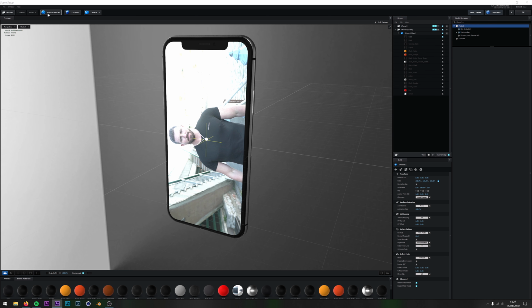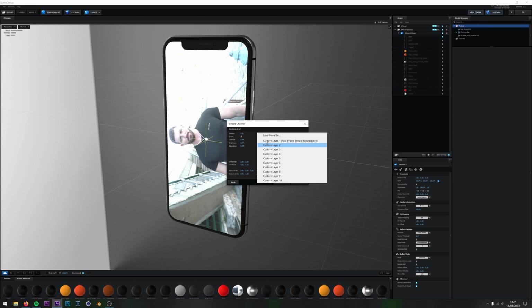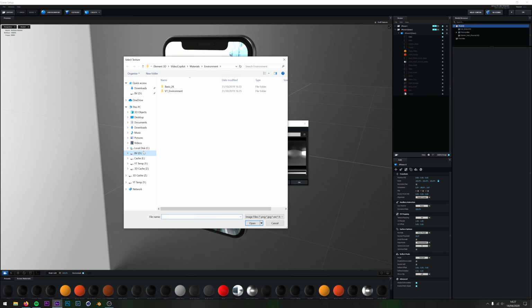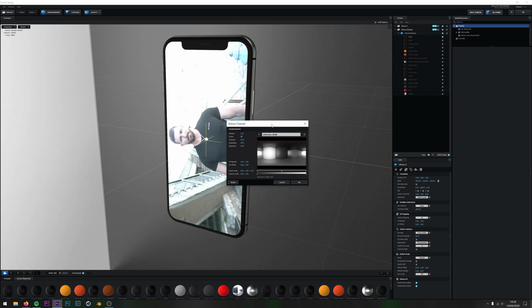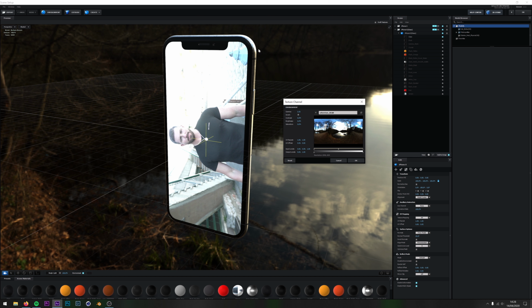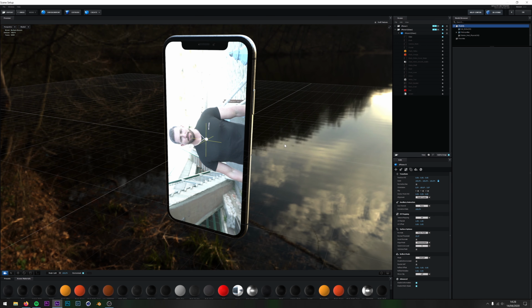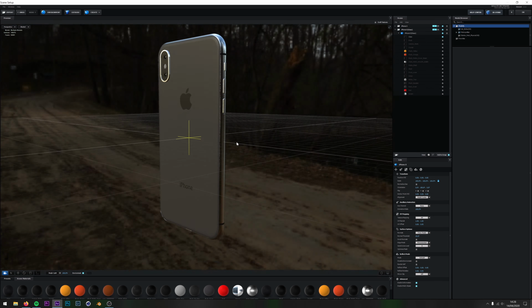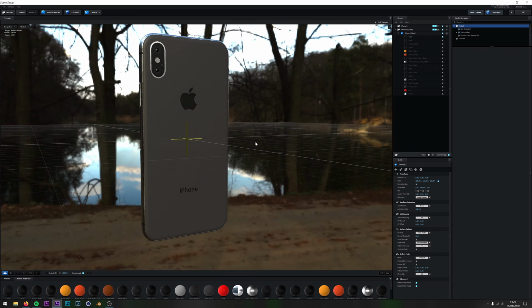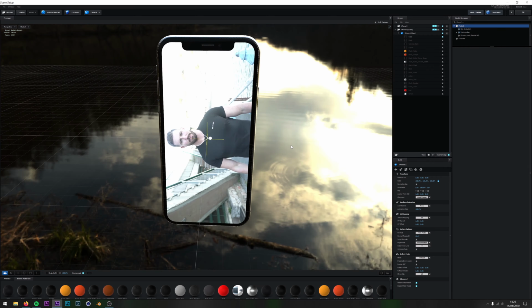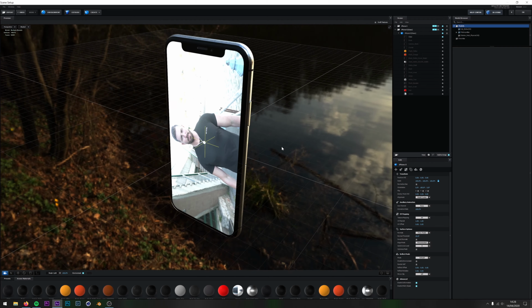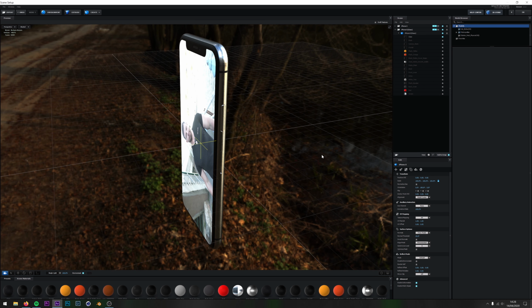To do that, I would go to environment, come down here, load from file, and go to my environments or HDRIs. Let's just load in this one. And now you can see the reflections and the lighting have changed because they're using the reflections and lighting of this HDRI instead. If I click OK on that, you'll see that now it's colored for this scene, and it fits in this scene a lot better. I didn't need to do that for mine. However, you can take your own HDRIs if you wanted to.